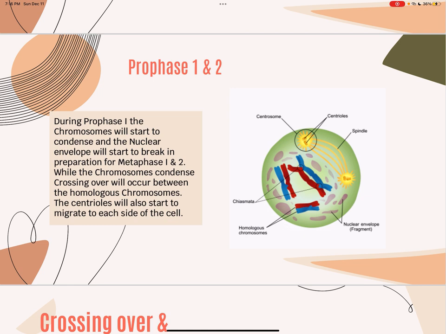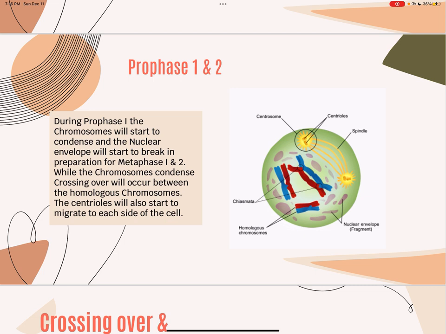As the nuclear envelope starts to break, the centrosomes will start to release spindles, which are the gold little lines, and they're going to start moving to the opposite side of each cell so they can prepare to latch on to the